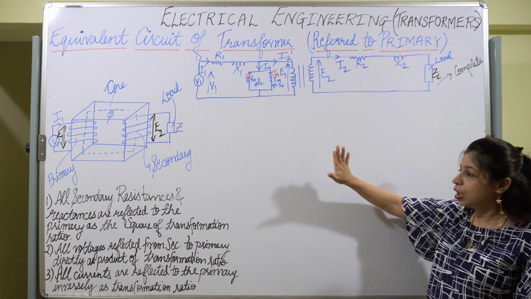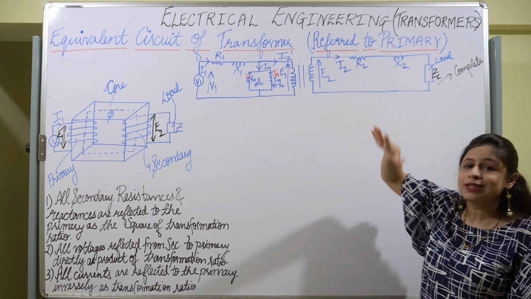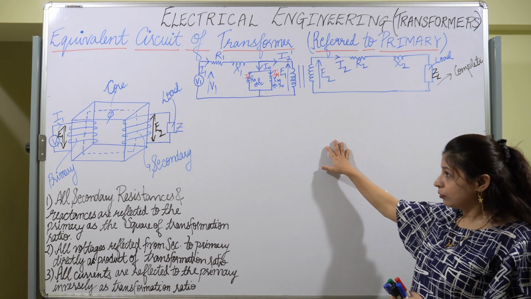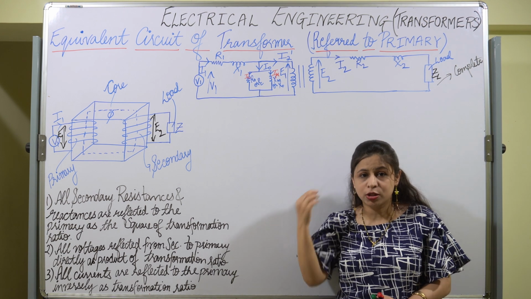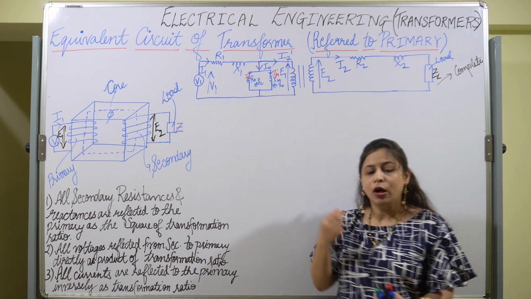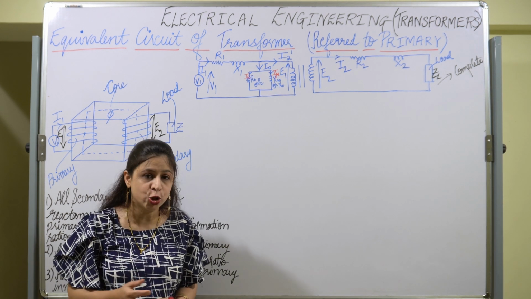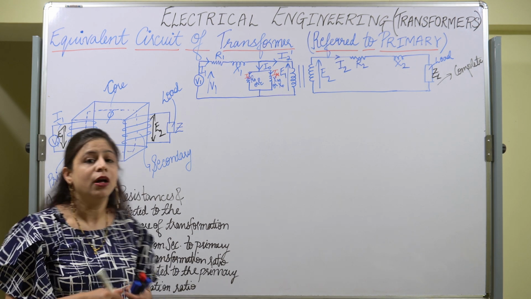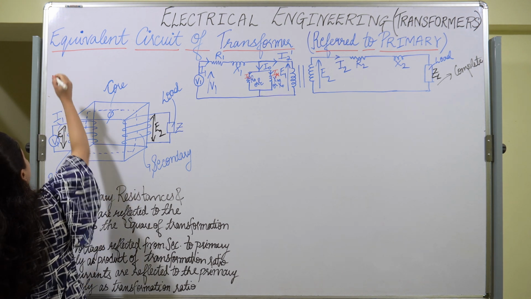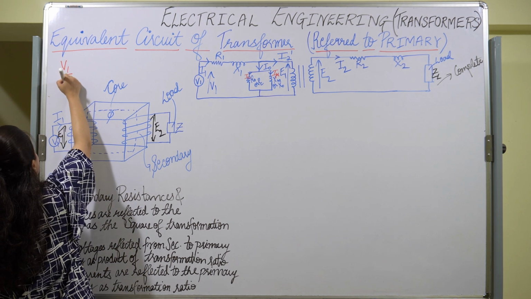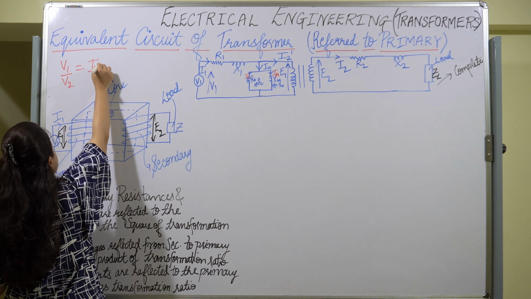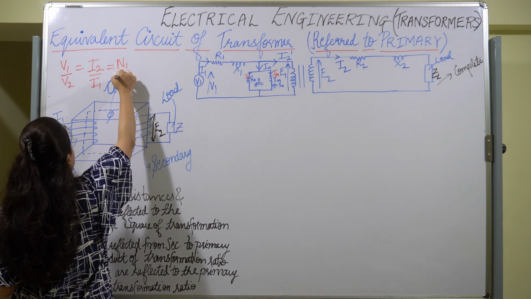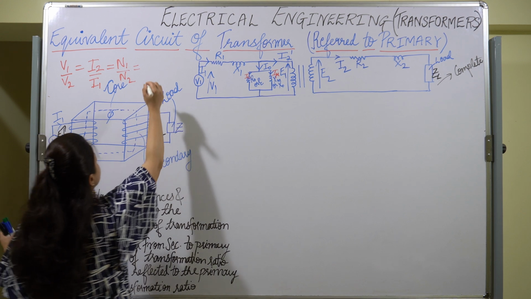In this lecture we will learn how the secondary resistance and secondary reactance are taken to the primary side. For that, one important term you should know is the transformer ratio. We already know what the transformer ratio is. The transformer ratio is given by K, or in some books it is also denoted by A. It is given by V1 upon V2 is equal to I2 upon I1 is equal to N1 upon N2 is equal to K,